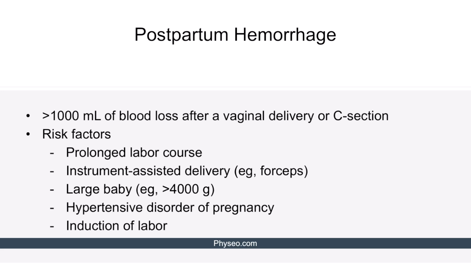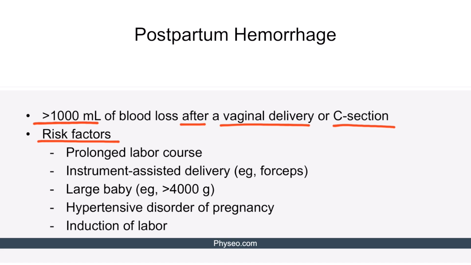Postpartum hemorrhage, or PPH, is defined as a blood loss of greater than 1,000 milliliters after a vaginal delivery or C-section. General risk factors for this include a prolonged labor course, an instrument-assisted delivery, such as with forceps, delivery of a baby that weighs more than 4,000 grams, presence of a hypertensive disorder of pregnancy, such as preeclampsia, and induction